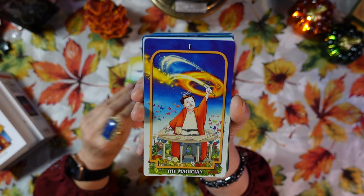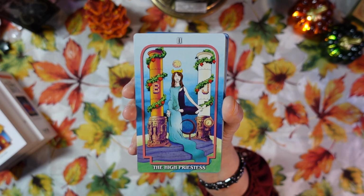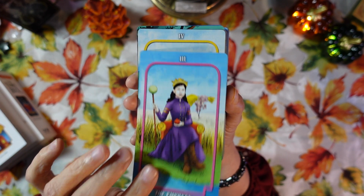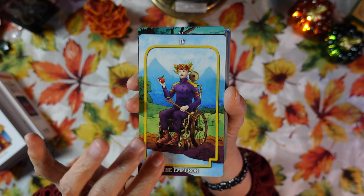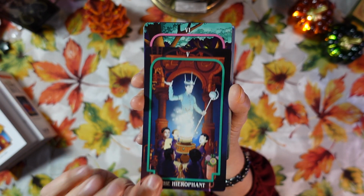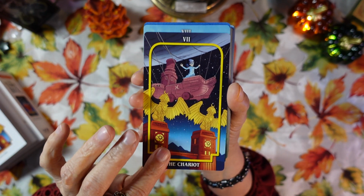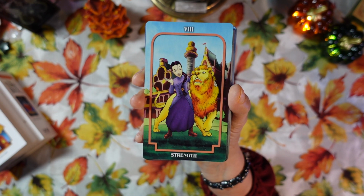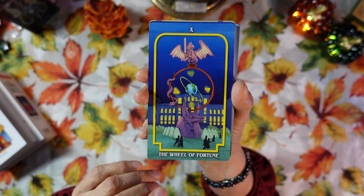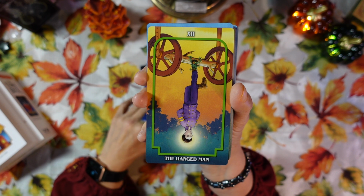Okay, so we have the Fool, the Magician. They're kind of cartoony, but it's really a different style. The High Priestess, the Empress, they're very colorful. The Emperor, very inclusive. The Emperor is in a wheelchair. The Hierophant, the Lovers, the Chariot, Strength, the Hermit, the Wheel of Fortune, Justice, the Hanged Man,